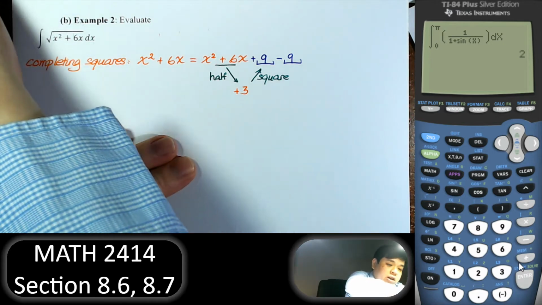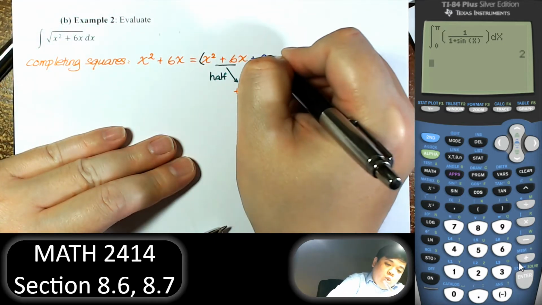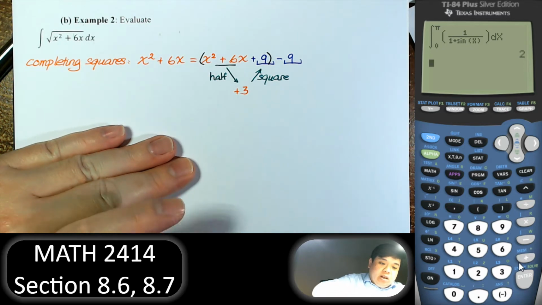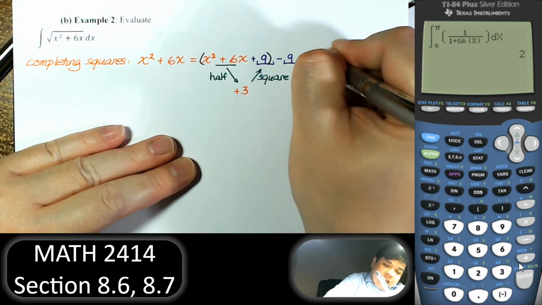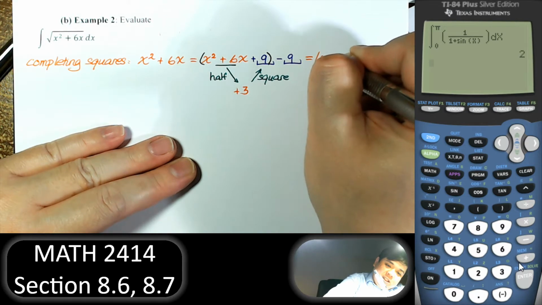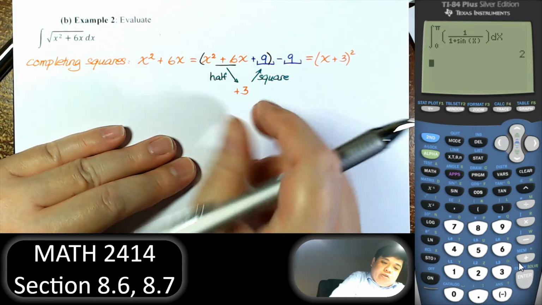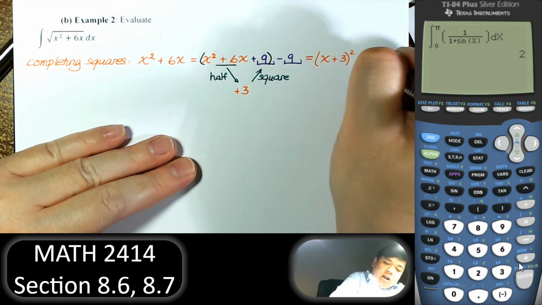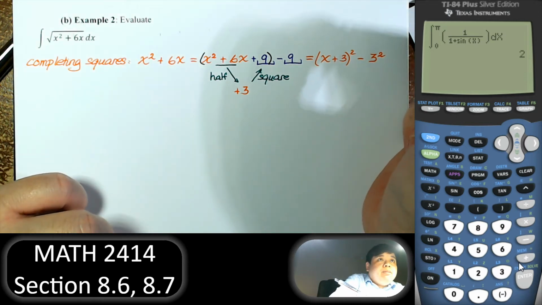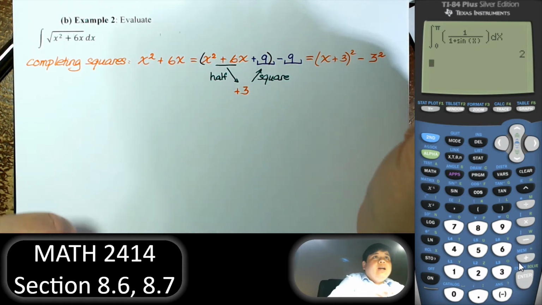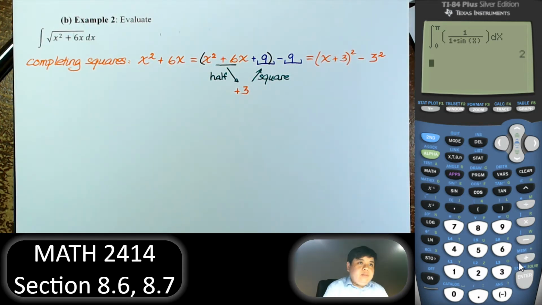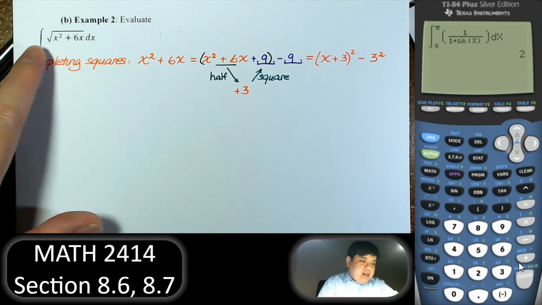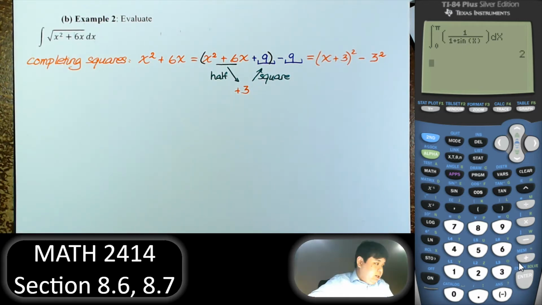So now the first 3 terms is the perfect square trinomial, and it can be written as x plus 3 all squared. The first 3 terms is that, and then minus 9 you can write as 3 squared. Now, instead of that, let's write the integral as equal to